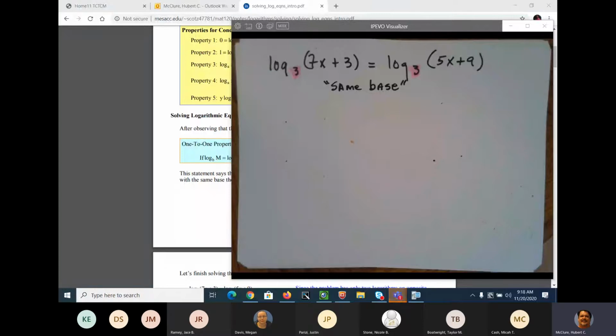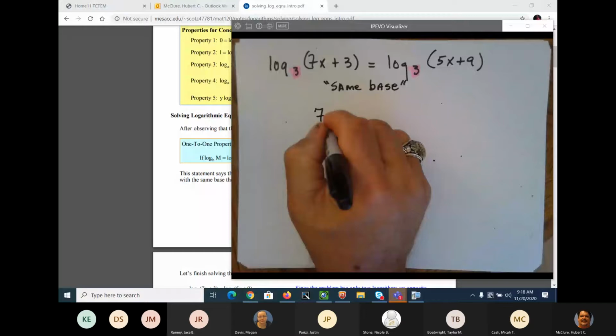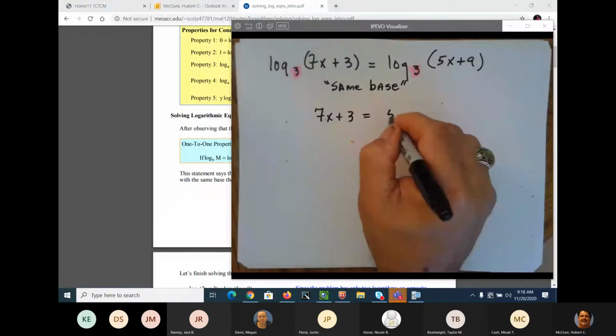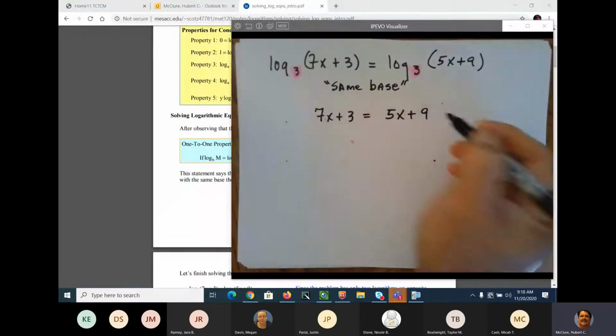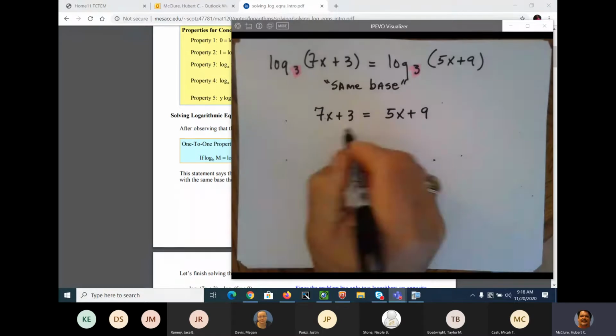Set them what? Set them equal to each other. And solve. Okay. So that's going to be 2x